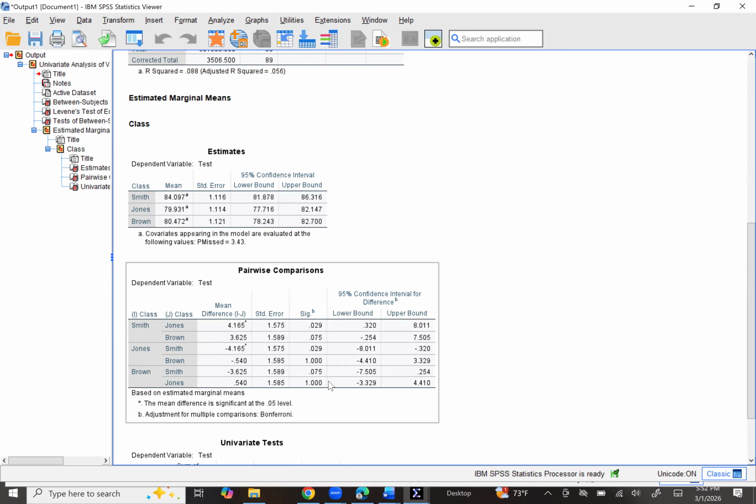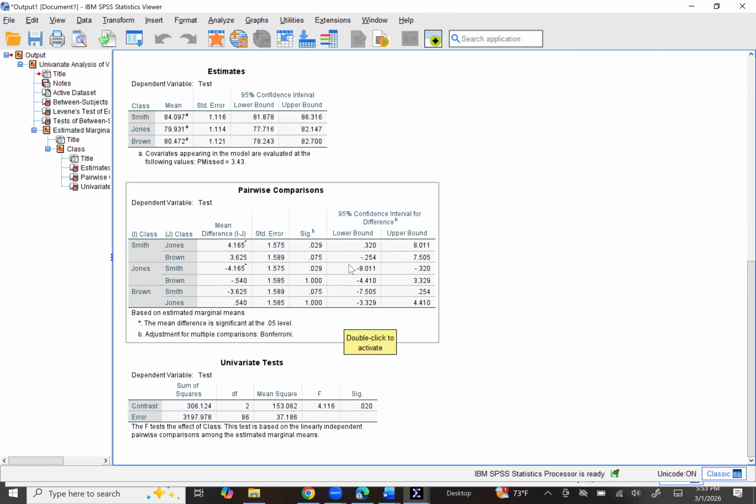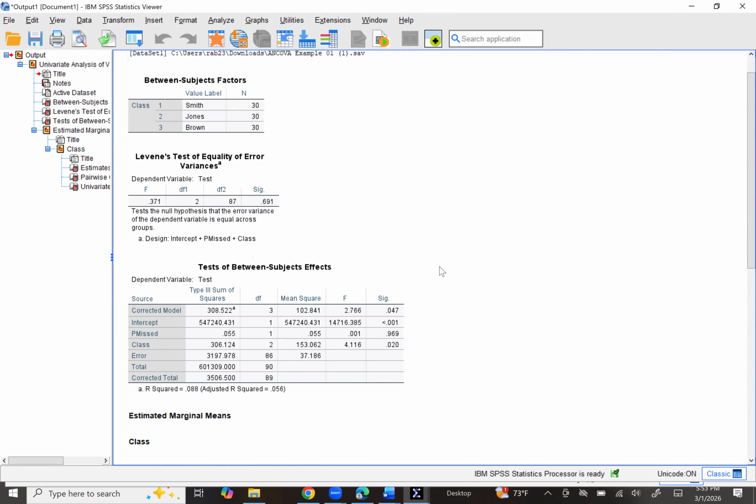So based on that, the next thing we need to do is we need to look at the homogeneity of variance, and that should be under the Levene's test. And we can see the F value, degrees of freedom, and the significance there. We also need to check for homogeneity of regression slopes. And the way that we're going to do that is we're going to do exactly what